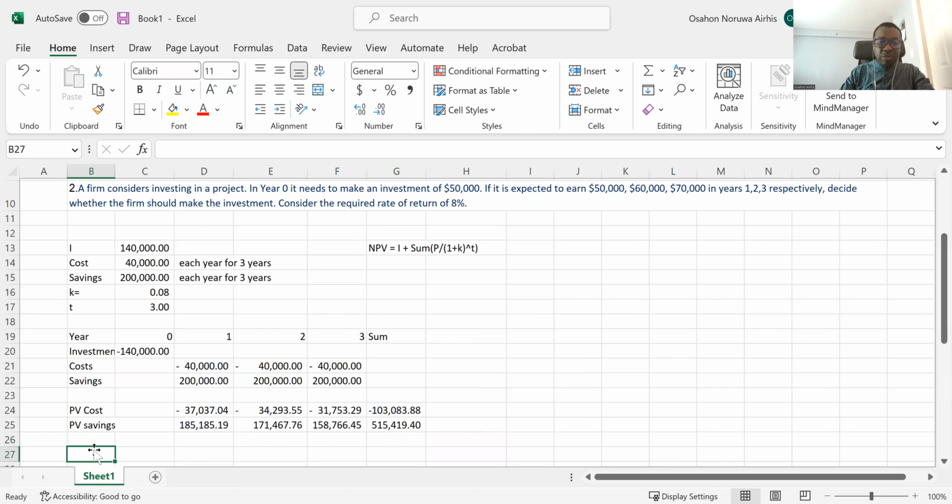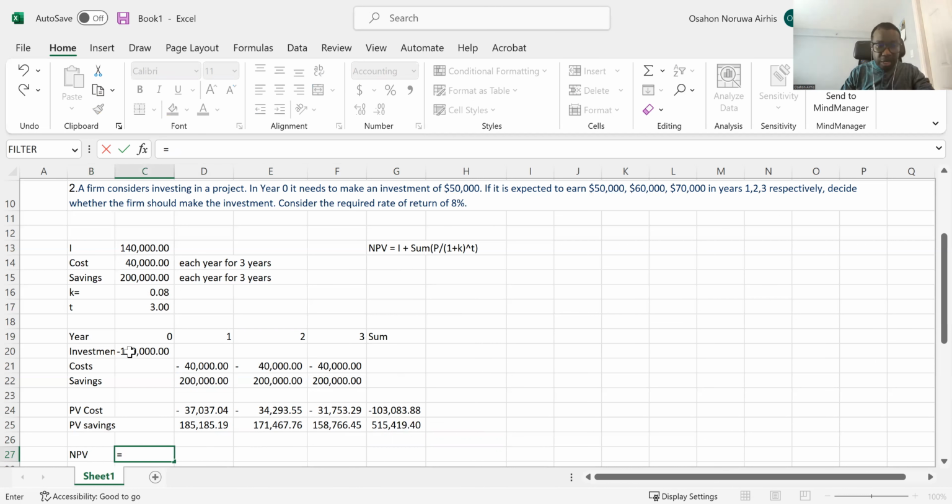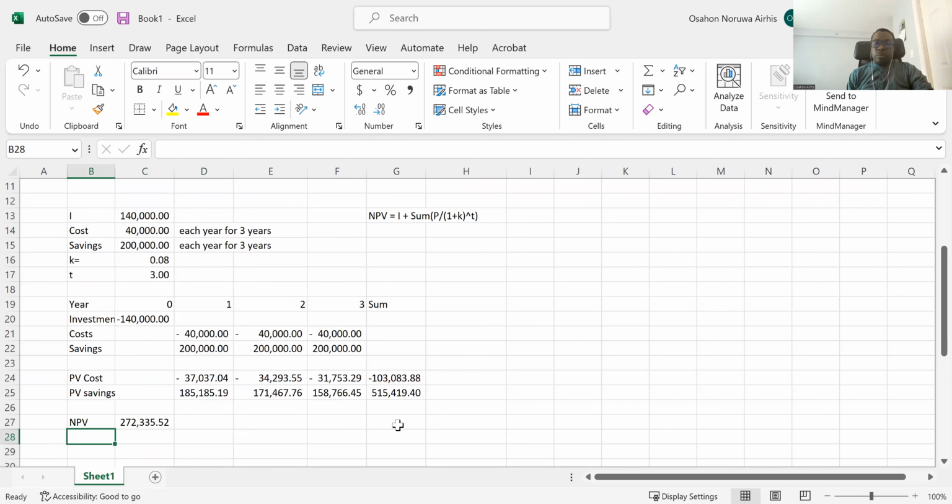Therefore, the NPV for this project, using this expression, will be equal to this negative investment plus this cost, so some of them brought to the present value, and these savings are brought to the present value. If you wanted to verify this with Excel, what we'll just do will be to say